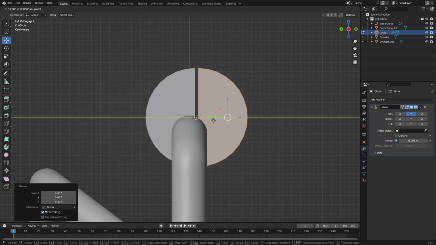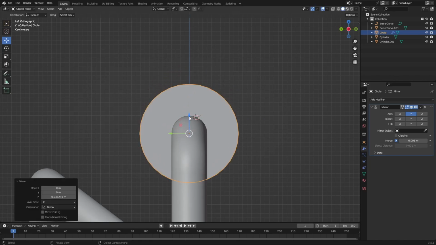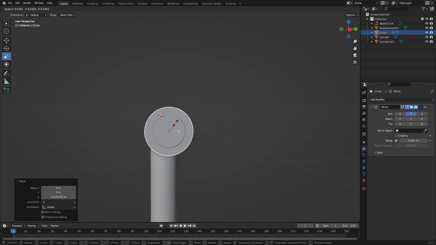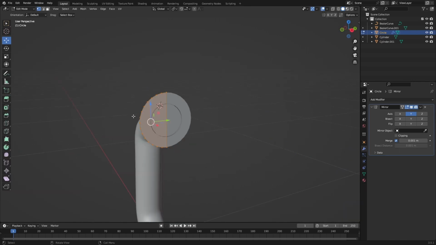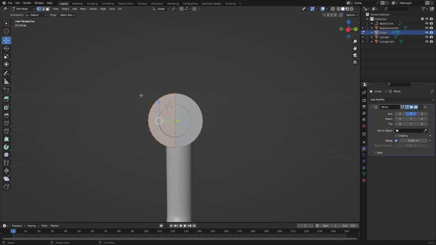Let's see what we're working with. That should be sufficient. Like so. Push it down a little bit. Shrink it again. And perfect. So once you get your circle shrunk down like so, however you need it to look, in whichever